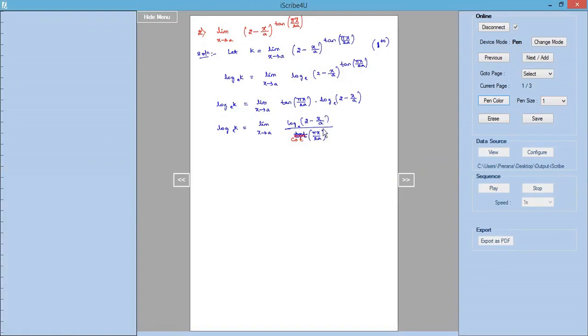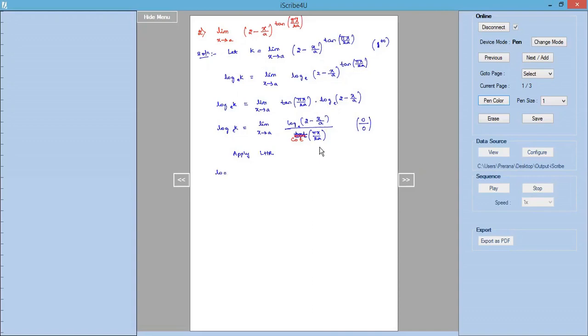As x tends to a, this will be 2 minus 1, which is 1, log 1. Log 1 is 0. Divided by, we get 0 form only. You can just check that as well. So cot 90 we will get, cot 90 is 0. So 0 by 0 form, and that is the reason we can apply L'Hopital rule. So once the given evaluation of the indeterminate form is into the form of 0 by 0 or infinity by infinity, we can apply L'Hopital rule.